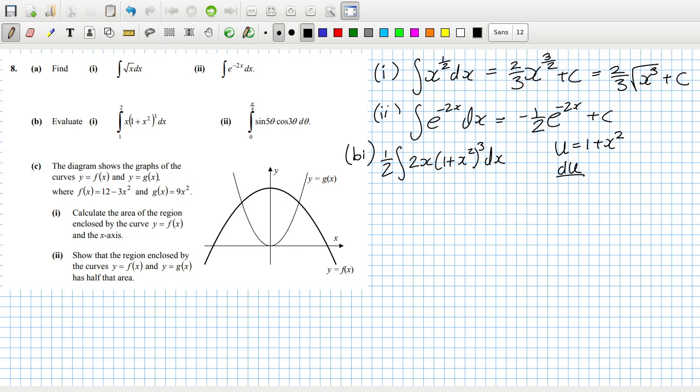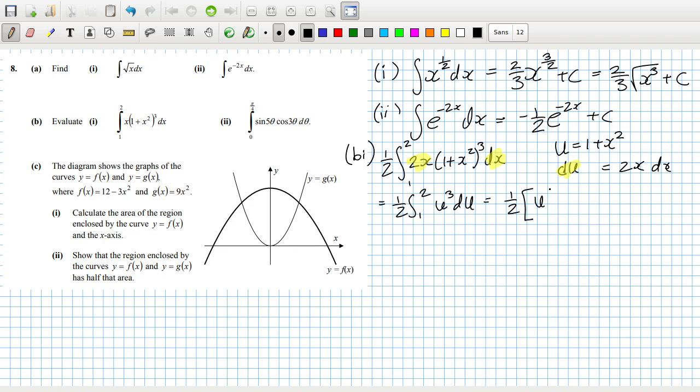So that means du dx equals 2x, or in other words, that du equals 2x dx. So therefore, this piece and this piece can be replaced by du. So that's equal to a half, x goes from 1 to 2, and this can be replaced by u cubed du,